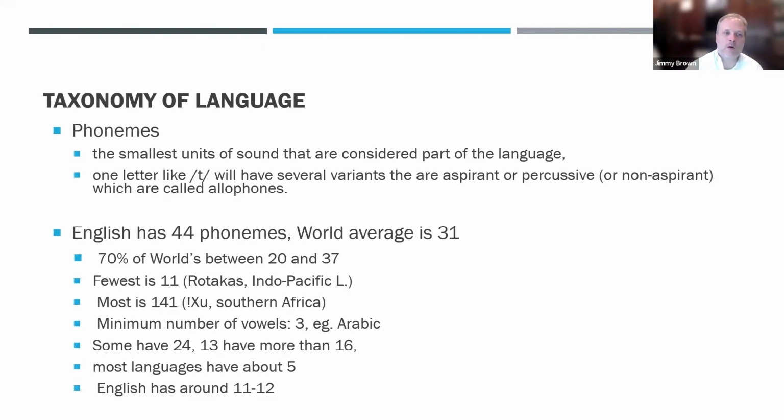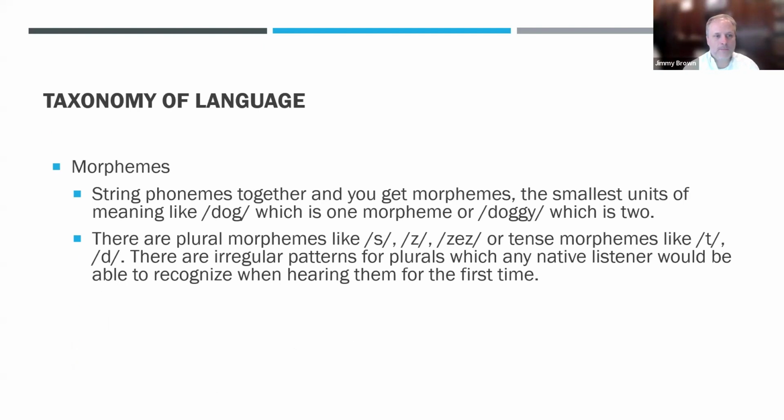Let's get into this taxonomy a little bit more. So phonemes, these are the smallest units of language. The letter T, it's always the same because it's a very simple thing to say. English has 44 phonemes. The average is 31. When we think about different languages, there's a European language called Rhaetic, which only has 11. And there's one called Zulu, probably pronounced that wrong, which has 144. And again, as you can see from the slide, it varies quite a bit based upon the language.